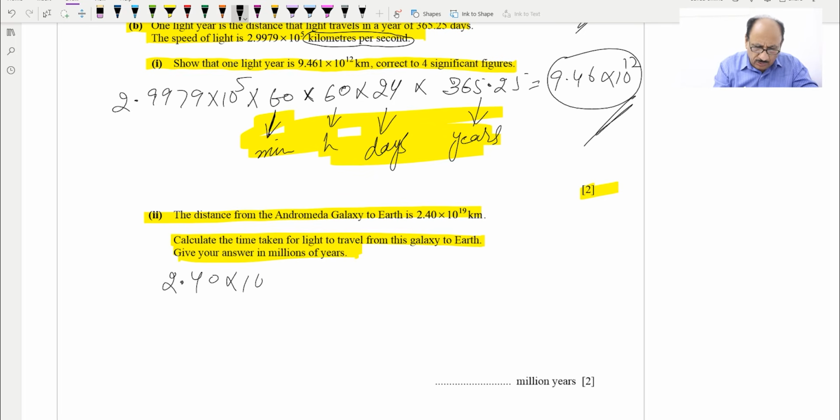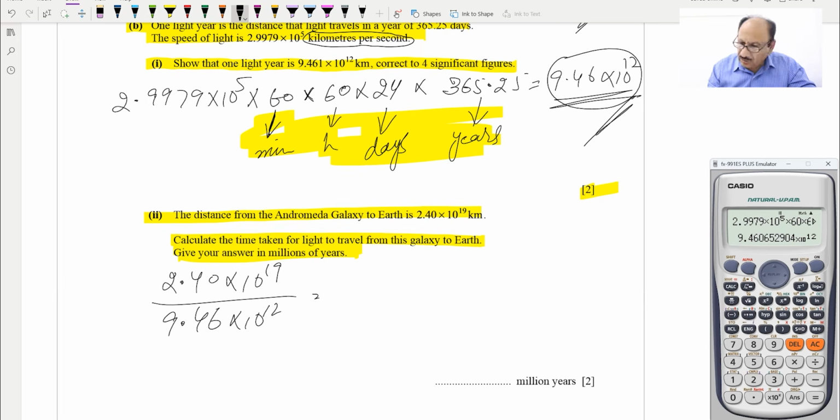So 2.40 into 10 raised to 19, and in 1 light year this much distance is covered, so we will divide this by 9.46 into 10 raised to the power 12, and this will give us the answer in light years, and we can calculate. This calculation is already there, so we will take the fraction, 2.40 into 10 raised to the power 19 over